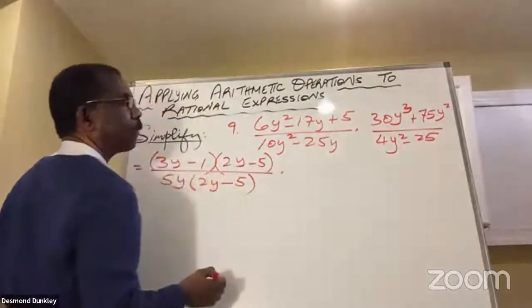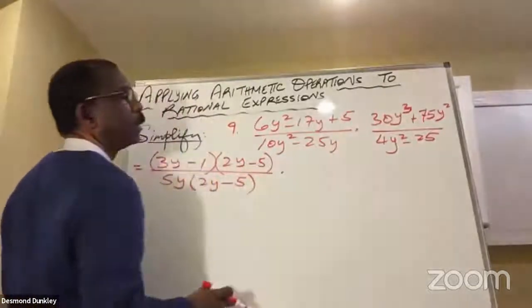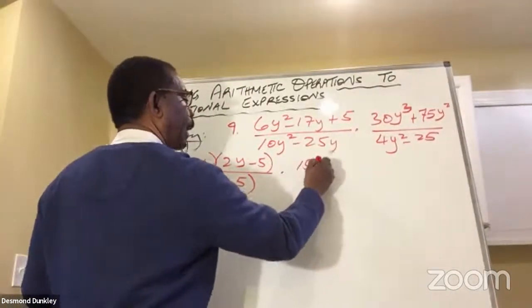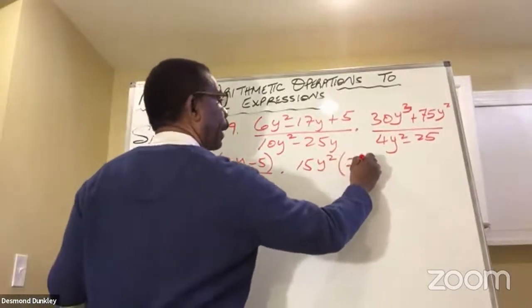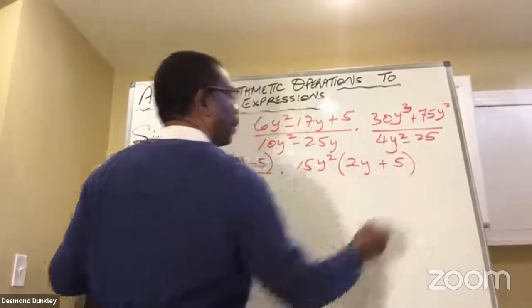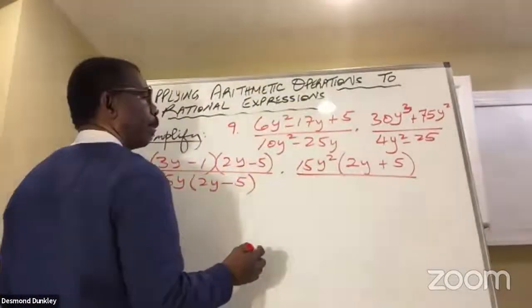So I'm going to try and factorize where possible. I say 15 can go into 30 and 75. So I'm going to take out 15y squared times 2y plus 5. And then the bottom becomes,